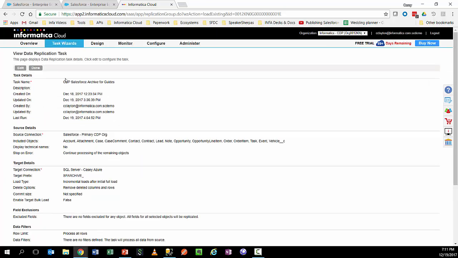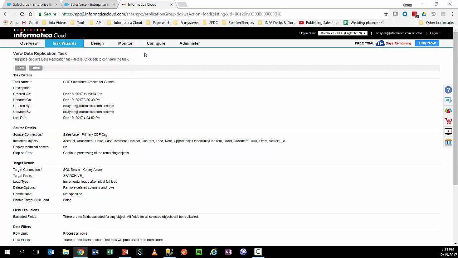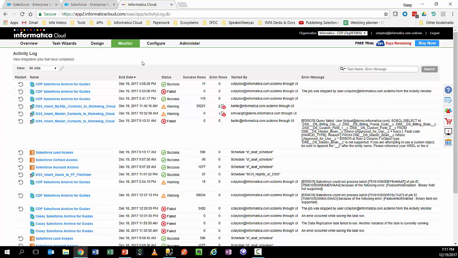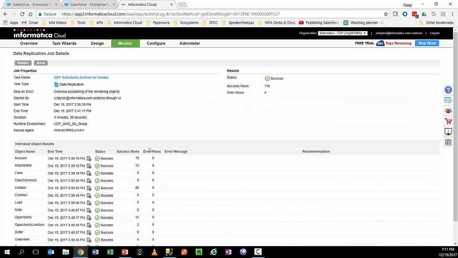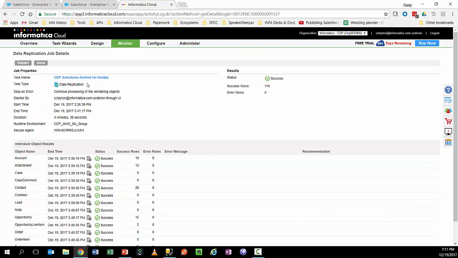So with this data replication task, we can execute it. We can see that it's going to copy that Salesforce data over. If we want to take a look at our activity log, we can see the most recent execution. These are the data rows that changed the last time that we ran. So now we've got this data over there. Let's go ahead and